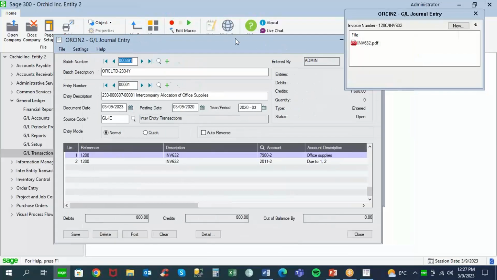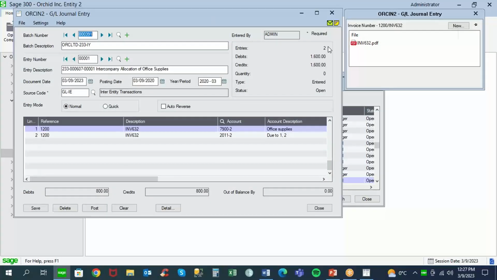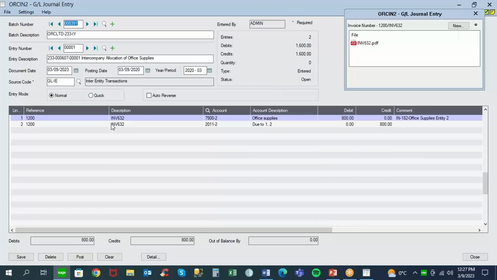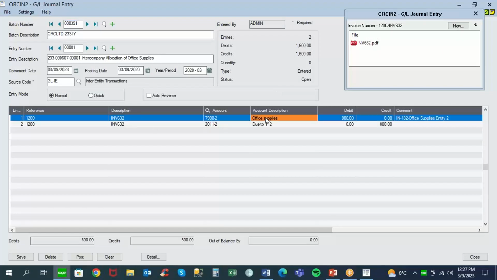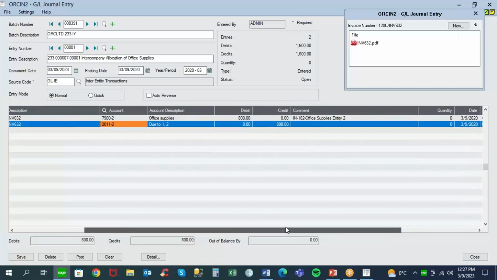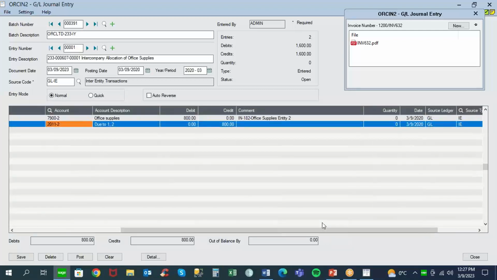And here's the first transaction. Remember, we had the invoice 632 that was entered for office supplies expense. So that is a supporting document to this transaction, which has set up the office supplies expense of $800, offset against the loan account, which is the intercompany payable due to Company 1 in Company 2's books. So that's how we've created the loan account to balance the transaction, and then we send that entry over to